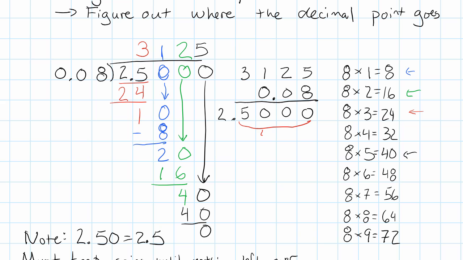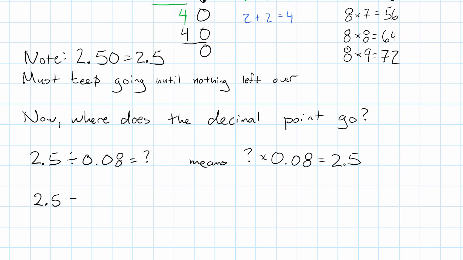So in this number, I have 4 digits after the decimal point. In this number, I have 2 digits after the decimal point. The question is, what plus 2 equals 4? Well, 2 plus 2 equals 4. So here we want 2 digits after the decimal point. We want to get 31.25 for our answer. 2.5 divided by 0.08 equals